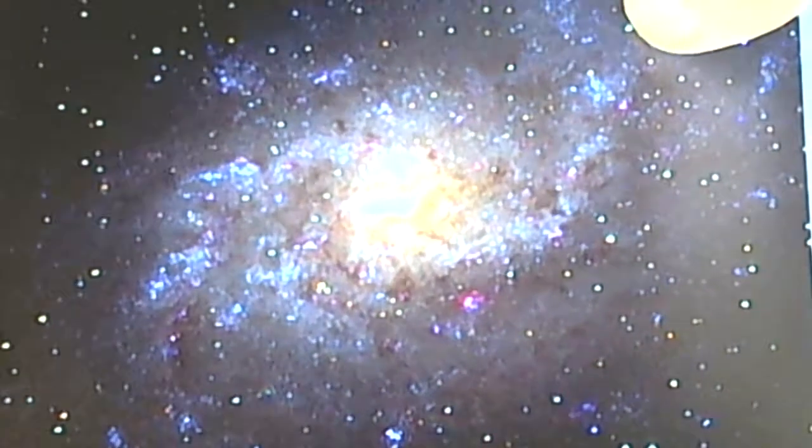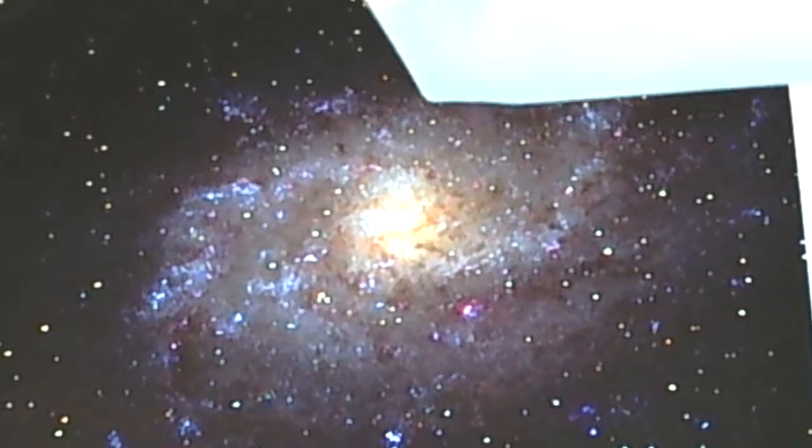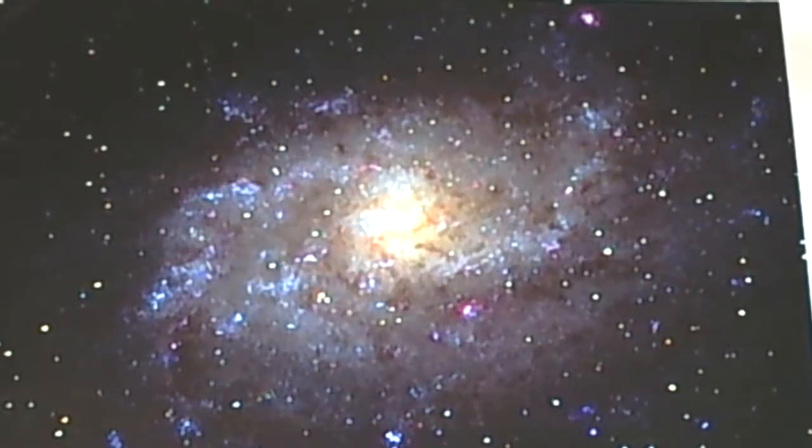This galaxy is located roughly 3 million light years away. You can see the core of the galaxy here, and then the nice spiral arms out in here. This galaxy is roughly two-thirds the size of our galaxy. It's probably about 75,000 light years across, where ours is around 100,000 light years across. Ours probably has 100 to 200 billion stars. I've heard even higher numbers. M33 probably has 10 to 15 billion stars. But what I like about this object, and I wish you could see it in a true image on the computer screen,